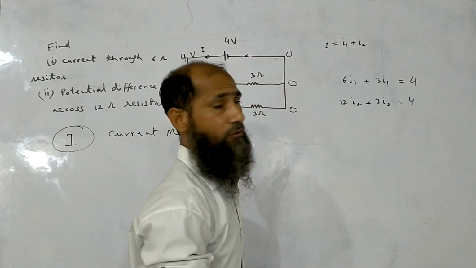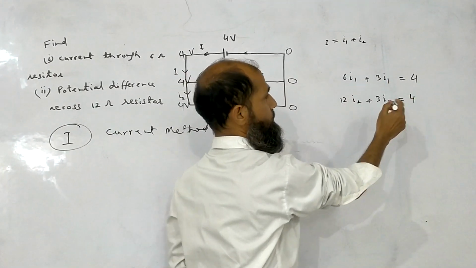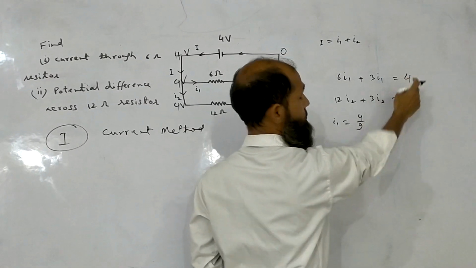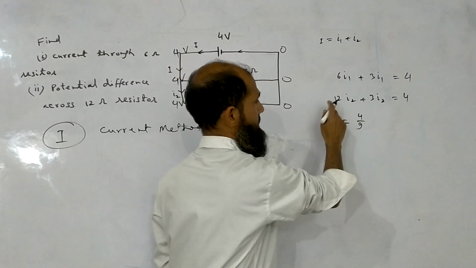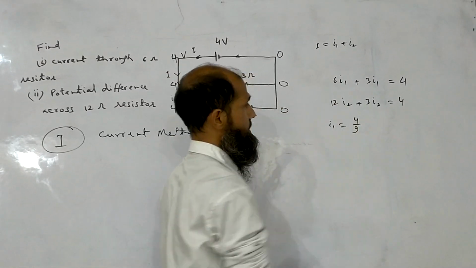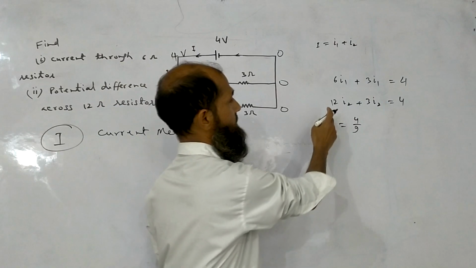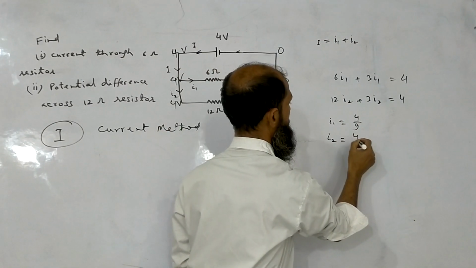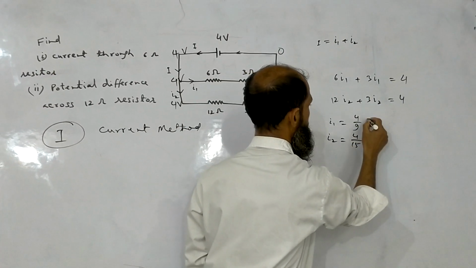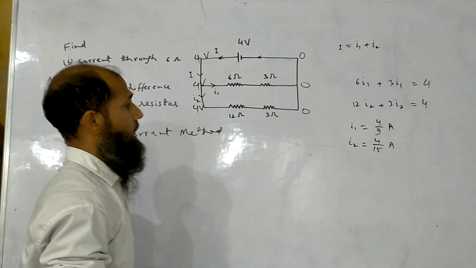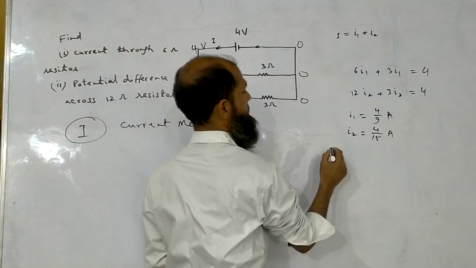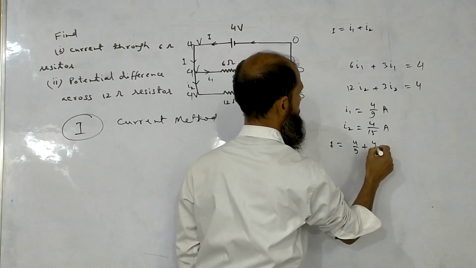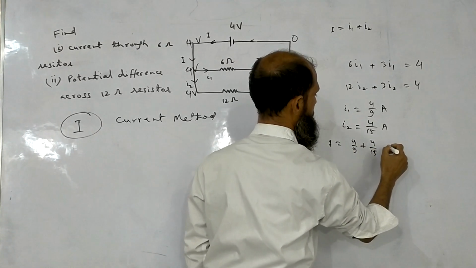Now from the first equation we get 9I1 equal to 4. So I1 is equal to 4 by 9. Now from the second equation we get 12I2 plus 3I2 equal to 4, and so we have 15I2 is equal to 4. So I2 is equal to 4 divided by 15 ampere. Correct? And so total current, if we need to find out, then I will be equal to I1 plus I2, that is 4 by 9 plus 4 by 15, which is equal to